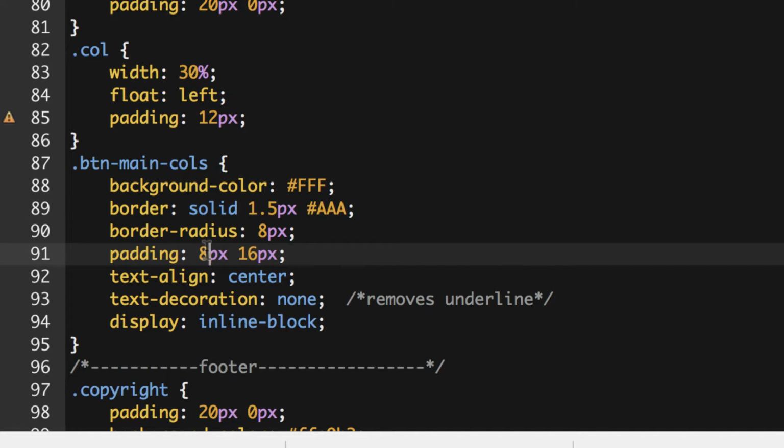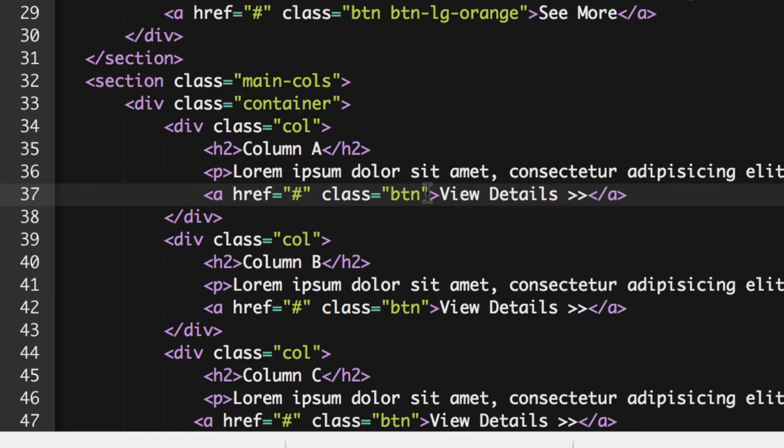Now the padding, we're even going to go smaller. So let's go like 7 14. We'll make these a little bit smaller. And now we have to apply it. So I have to give this class to these things. So they're going to be button, and it's all going to be inside the quotes. So it's going to be